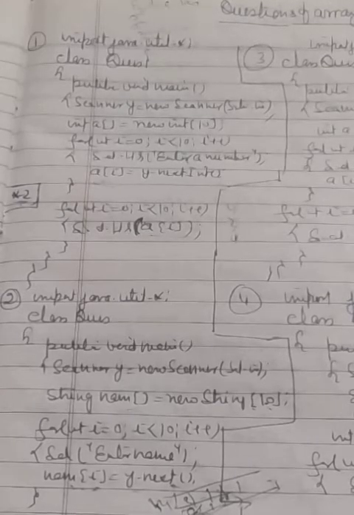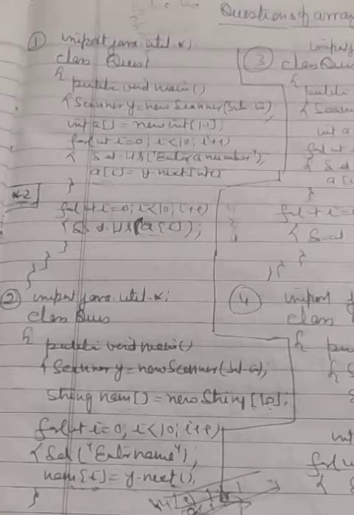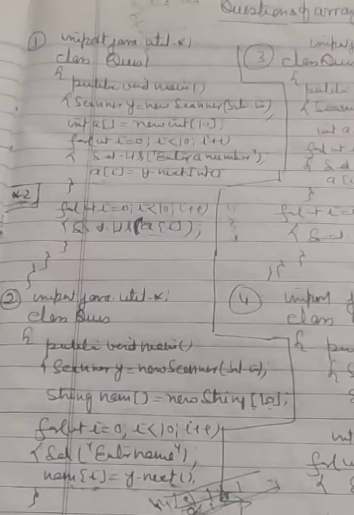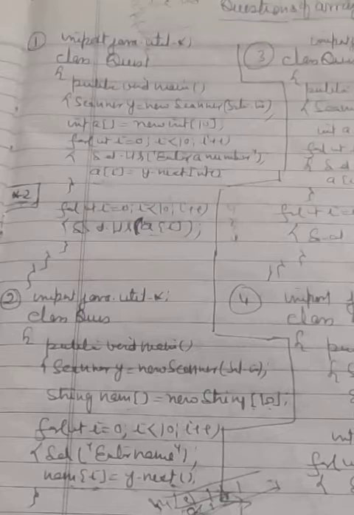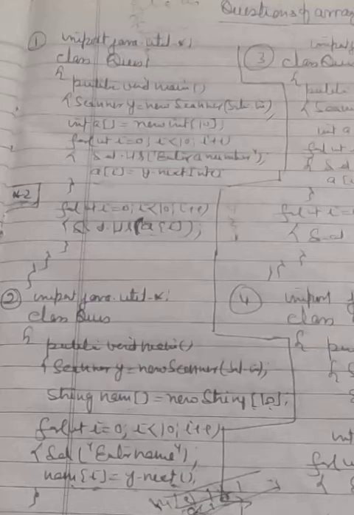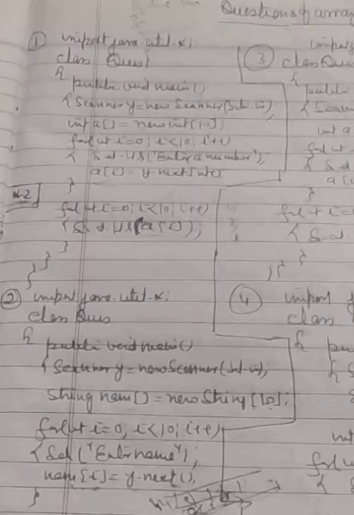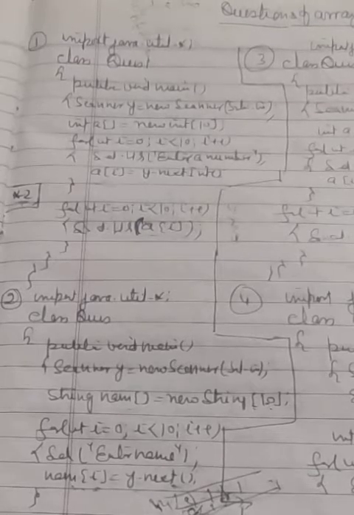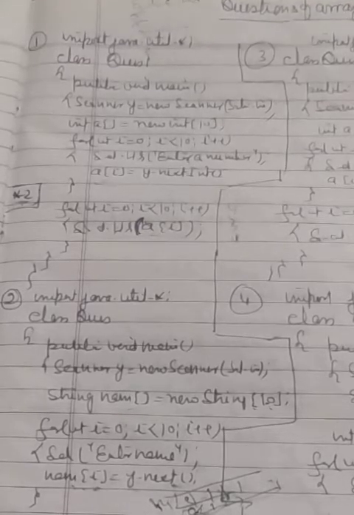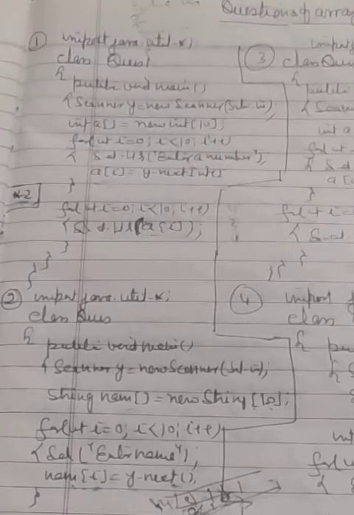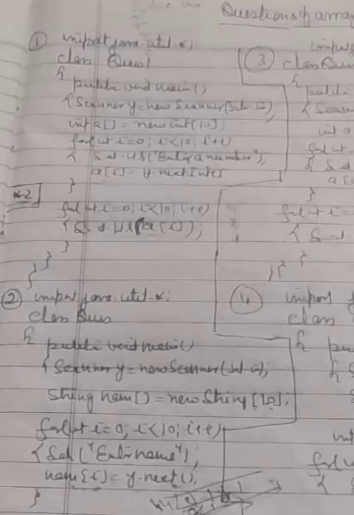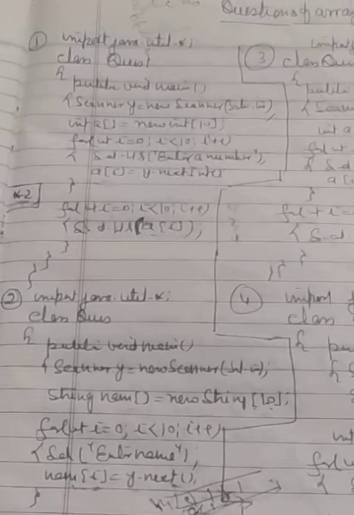Now, children, we are going to discuss the questions related to arrays, which I have already sent you on your WhatsApp group. Basically, I have told you that through an array, we can store values and reuse those values, as well as get the output in continuation. The very first question was: enter 10 numbers into an array and print the numbers in the form of a list, meaning in continuation.